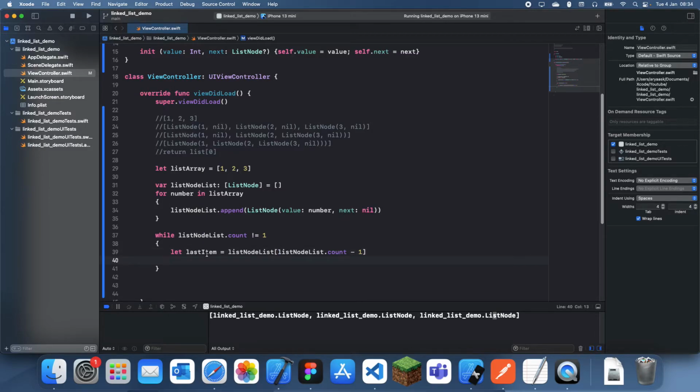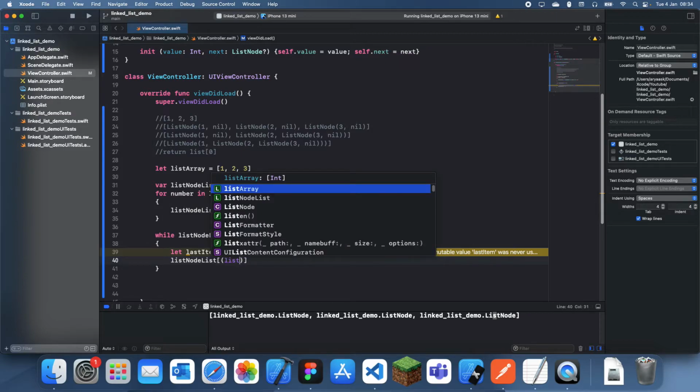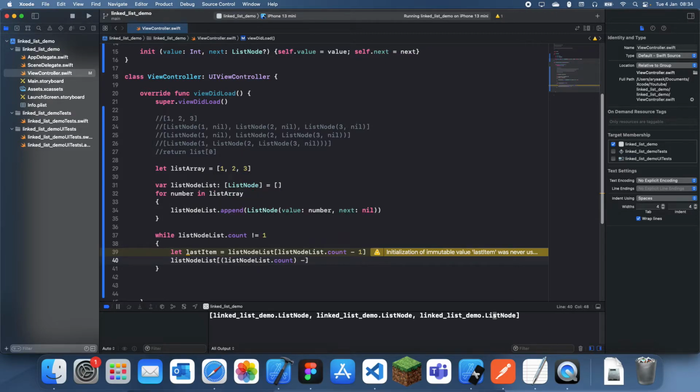And then we have to move this item into this. So to get the second last item, we have to do listNodeList, let's get the count, and instead of minus 1, we do minus 2. That gives us the second last item, which would be list node 2, and then we just set this equal to .next is equal to lastItem, like that. Okay, and then the final thing to do